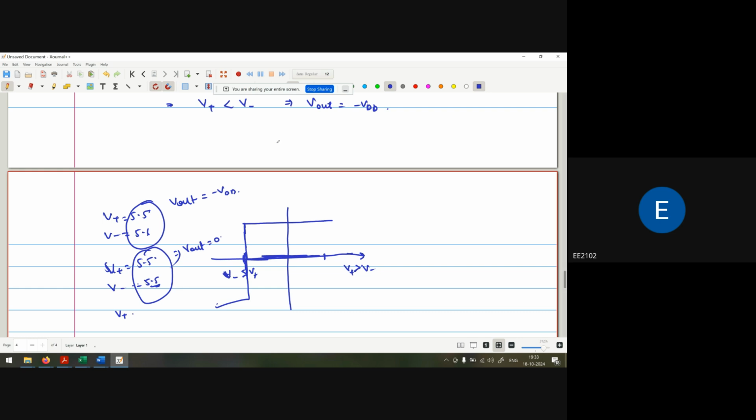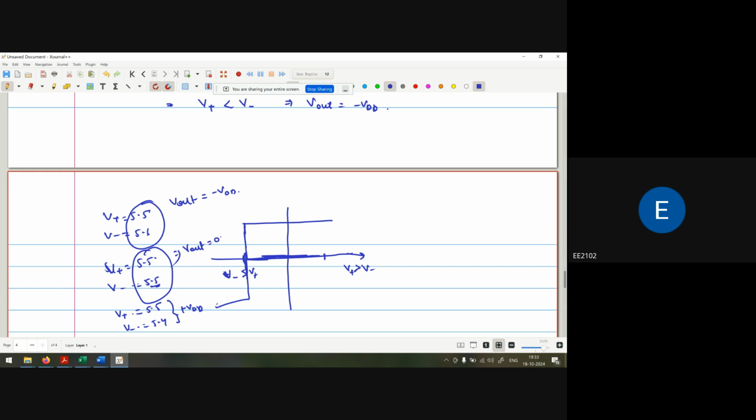And after that, if V positive is 5.5 and V negative is 5, so again a positive. But if this voltage fluctuation is very less, like for example, I'm talking about V 5.5 and 5.6, maybe it is possible that it will be 5.5 and 5.51. So it is not possible that with a 0.01 voltage change my output voltage is suddenly changed from